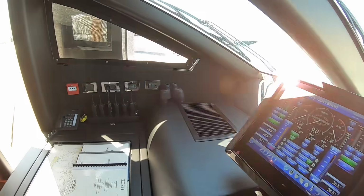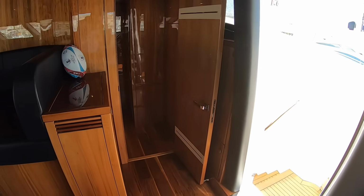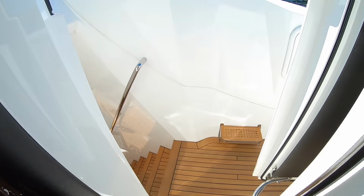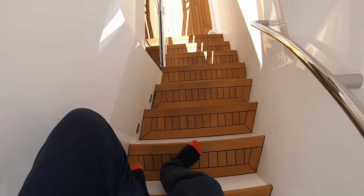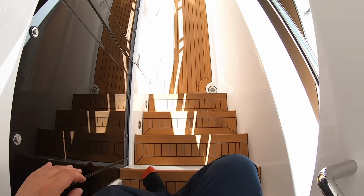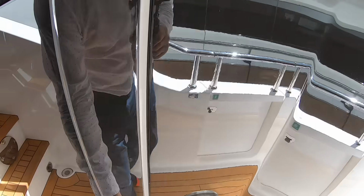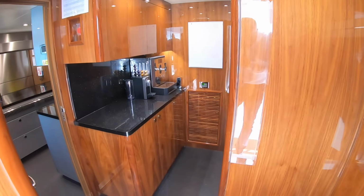But we'll carry on the tour and we'll head back for the galley and the crew areas. And again, the way that the flow around this boat works, you don't have to go through the accommodation. You can come back out through this door, back down these steps just here, like so, and this takes us into crew area. So as we go into here, we've got a pantry just here,